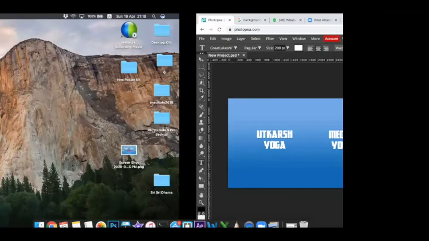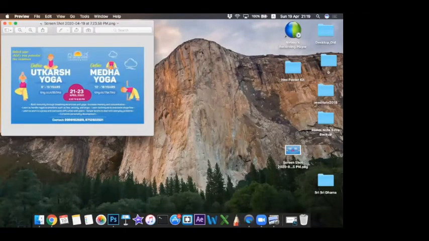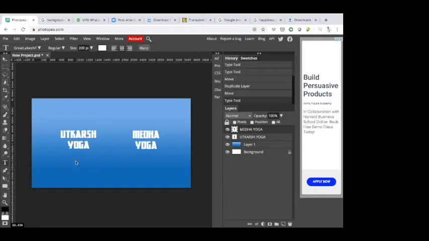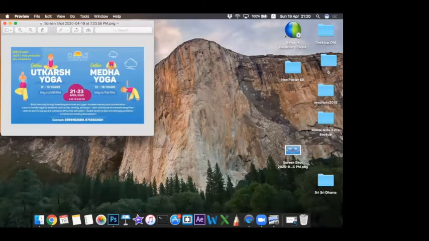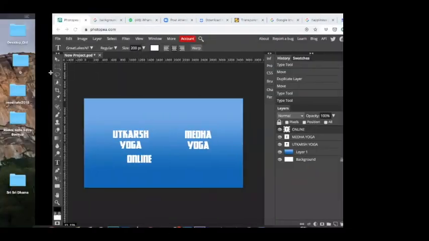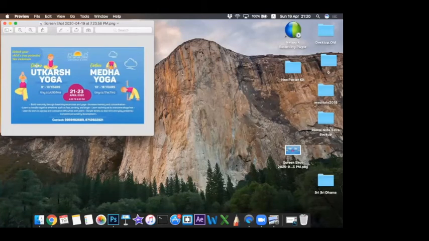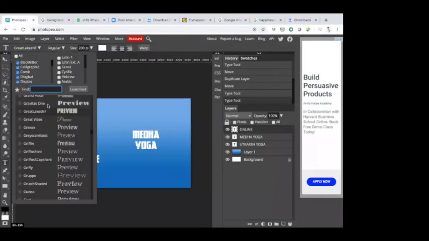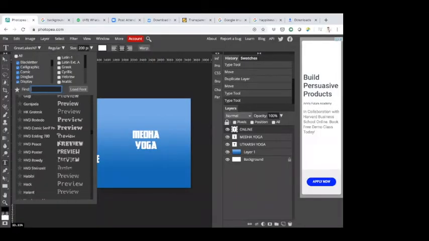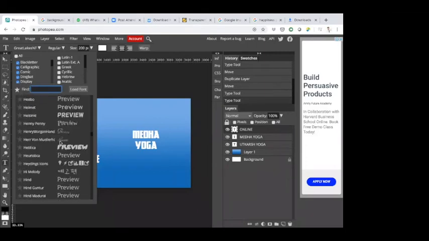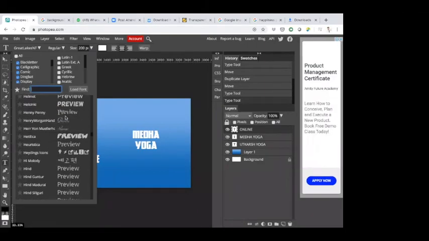Now we'll put in online as well with another font. I'll repeat the same steps. Click T, type here online. Now you can see that this online is written in a different font. Basically, a designer wanted to grab attention to that online part, which is why it is written in a different font and a different color. So we'll try doing the same with something we have in here. I'll just scroll down and see if I find something good.